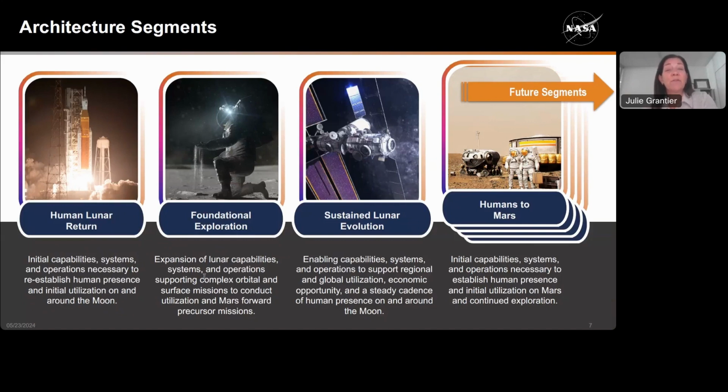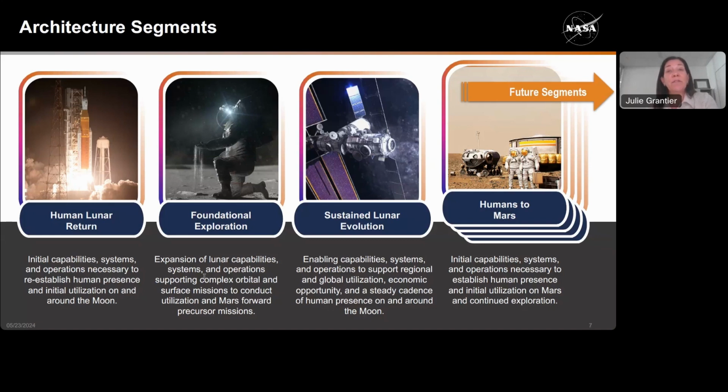Next, we have those foundational exploration segments that we're working on. And so this is helping to establish that initial foundation for our lunar capabilities and for science and utilization. And it's also looking at Mars forward on things that we need to do on the surface of the moon to provide us a Mars forward